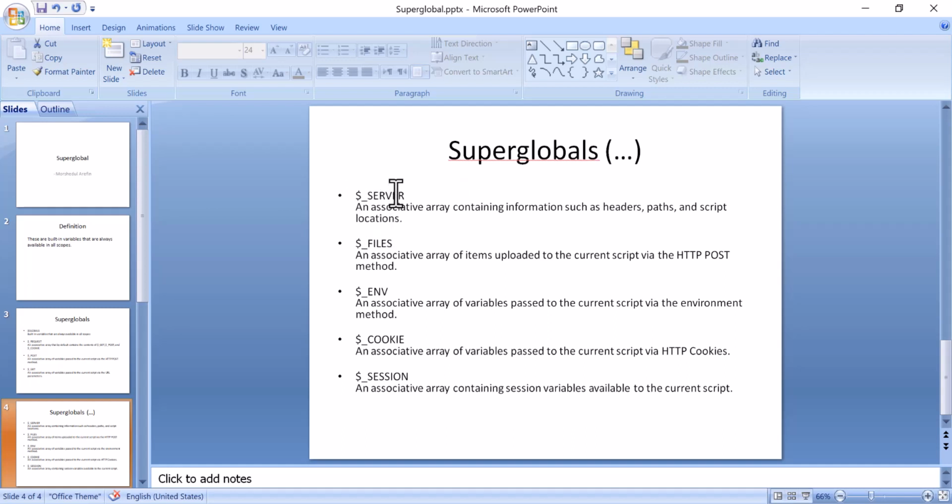The files variable is needed if you upload any file or any photo in the current script; in order to get the photo on the server, you will need this variable. I will show you this in practical. There is the env superglobal, the associative array of variables passed to the current script by the environment method. There are two more important superglobals,